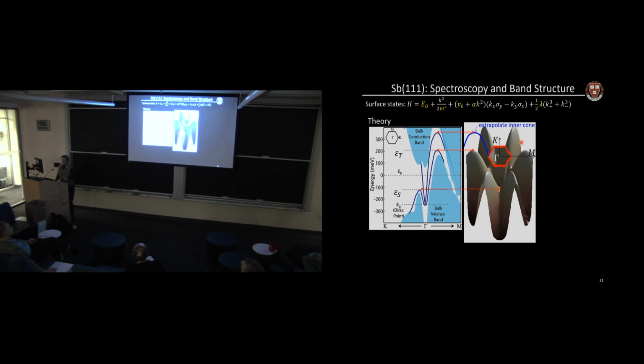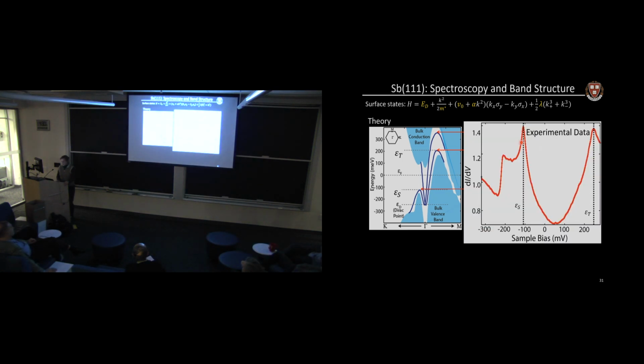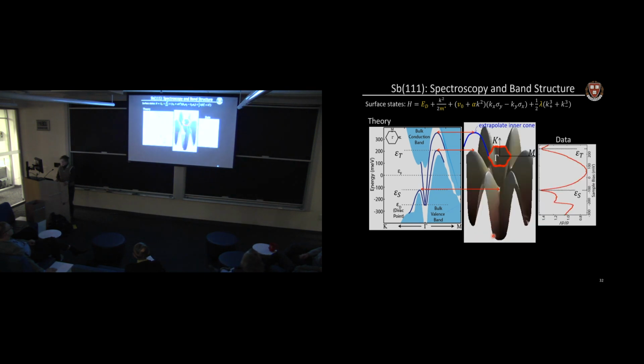And now I can, with my STM, measure the density of states and see how it relates. So here's some experimental data on antimony, the energy versus the density of states. Now, it's confusing because in theory land, people usually plot the energy on this axis and the momentum on this axis. And in STM land, energy is our independent variable. We're changing the tip-sample voltage, and we're measuring the current. So we want to be able to compare our energy axes. So I'm just going to turn this sideways. Here's my energy axis again, and I've lined it up with a theoretical energy axis here.